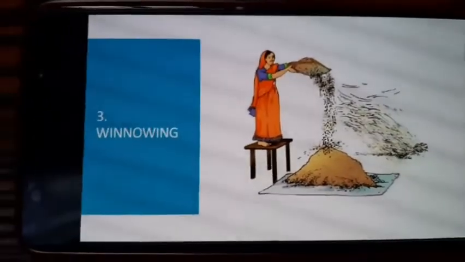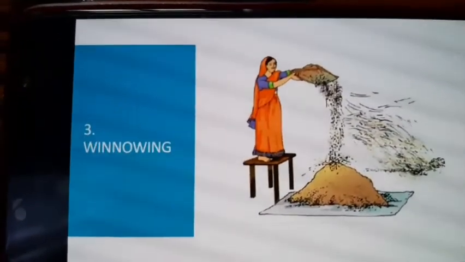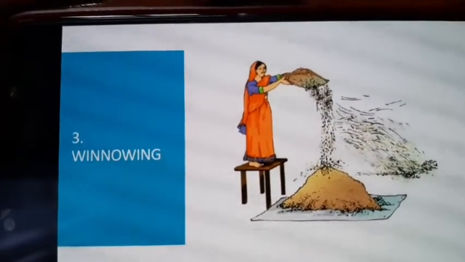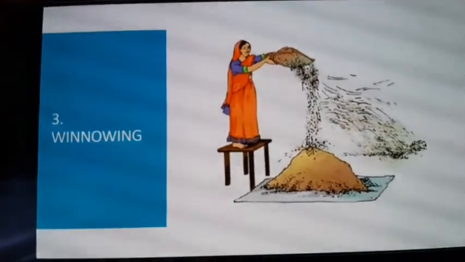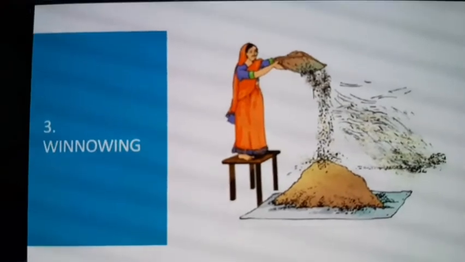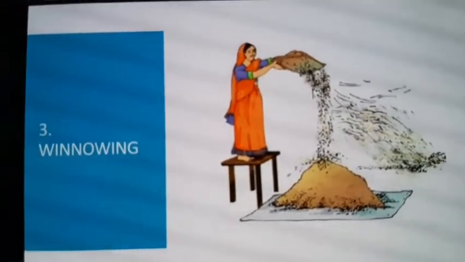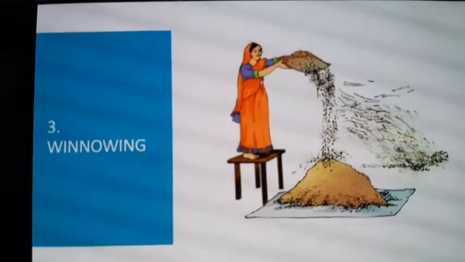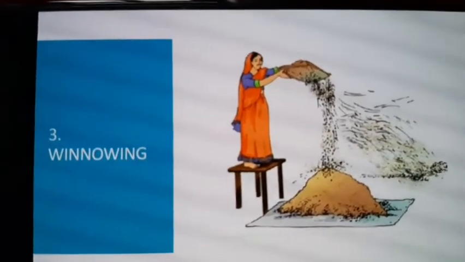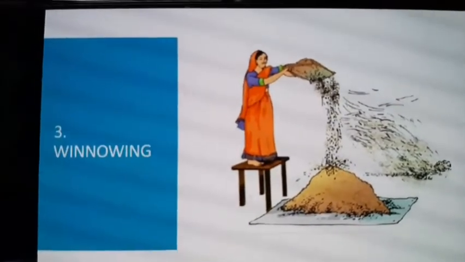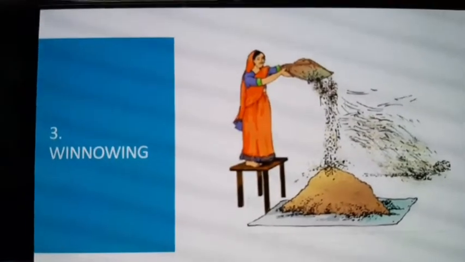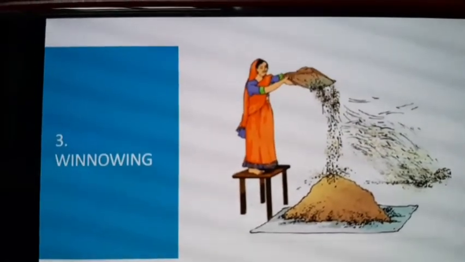And what is the principle behind winnowing? I mean, how is the process done? The method is based upon the lightness and heaviness of two components, that is the grain and the husk. Husk is lighter than grain because it is an impurity. The farmer allows the mixture of grains and husk to fall down from a height, as you can see in the picture that is being displayed. The husk, being lighter, is carried away by winds, and the grains, being heavier, fall vertically down to the ground.